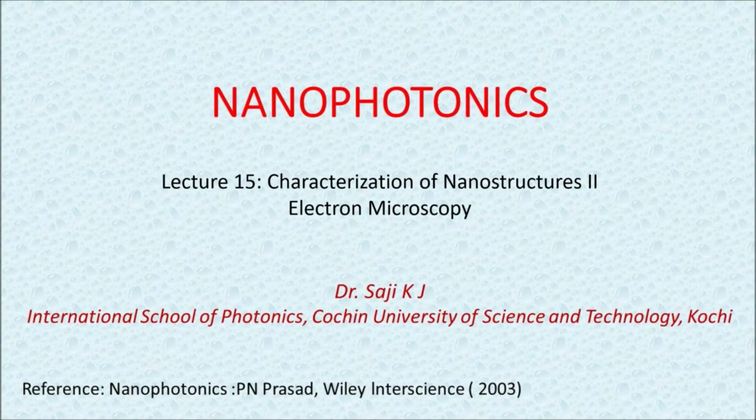In the previous class, we saw some X-ray characterization tools, namely XRD and XPS, to characterize nanomaterials and nanostructures. We saw that XRD can be used to identify the phases and also to estimate the average particle size if done properly. XPS, on the other hand, helps us to understand the chemical composition of the material. Today we are going to discuss some electron microscopy based techniques for nanomaterial characterization.